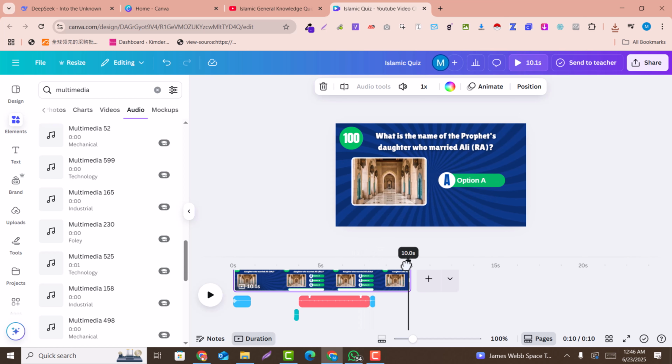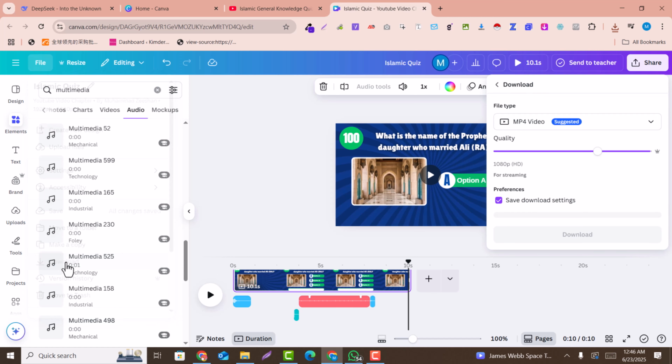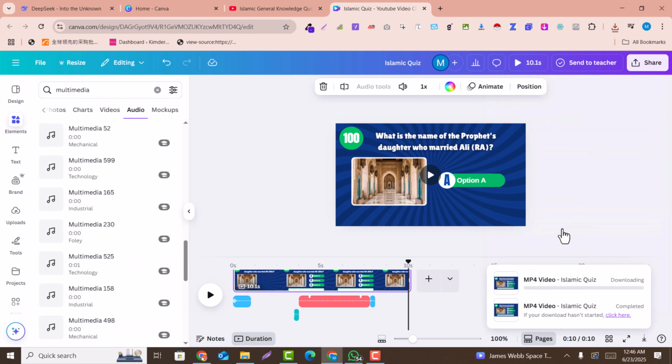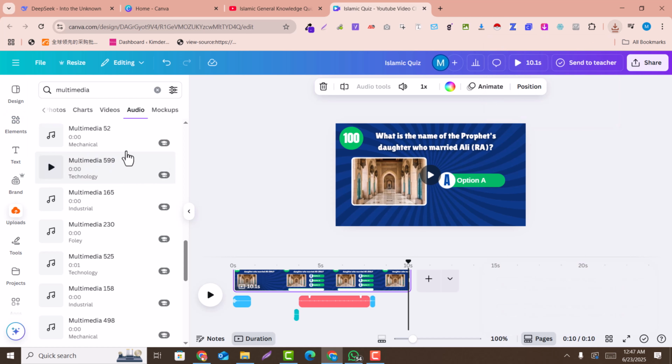Now you just need to click on file and click on download, and this file will be downloaded as a video file. Now this has been downloaded, and you just need to drag and drop and upload it here.